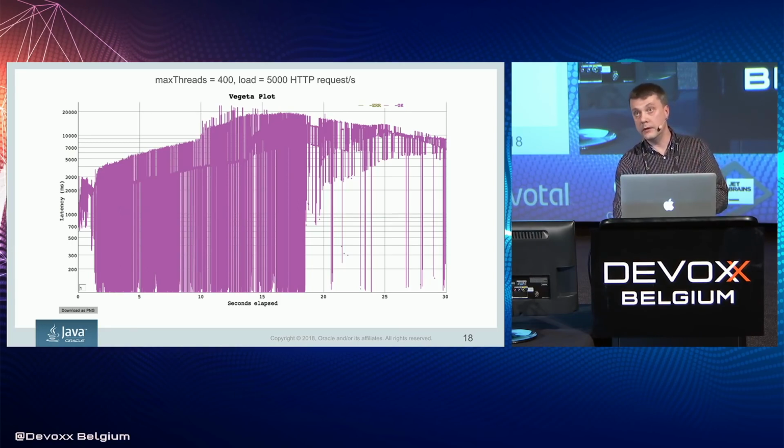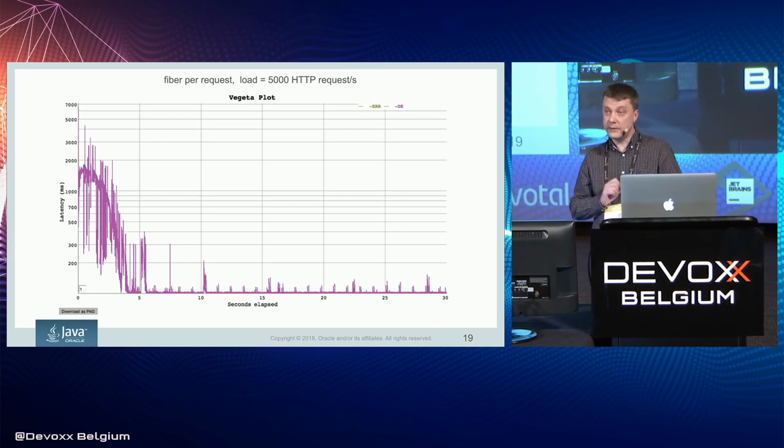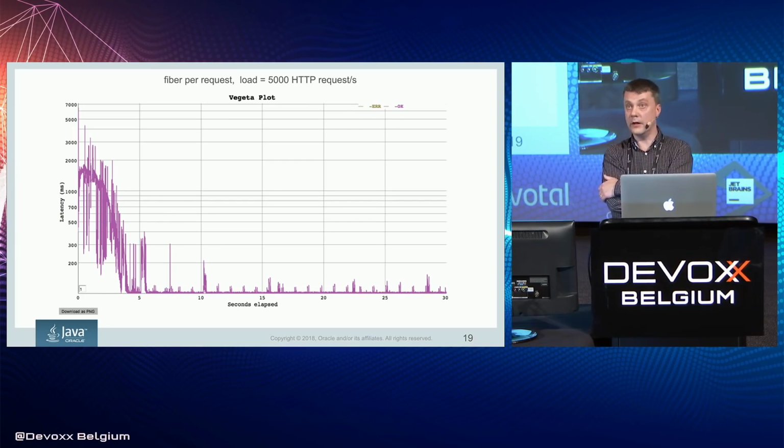We replace this completely, no thread pool, we just use fibers for every single HTTP request, and this is what we actually get. It's a very, very different picture. Now, it's a bit slow at the beginning, and we know exactly why that is in this example. But the interesting thing is there's no drops. I can actually double or treble the load here, and the latency will mostly stay constant